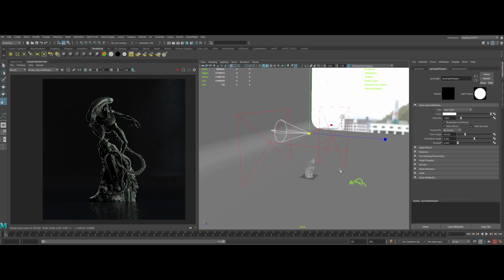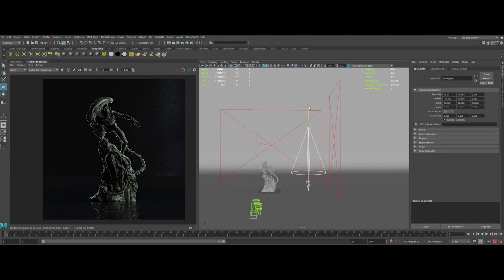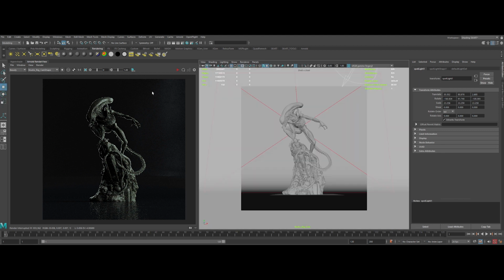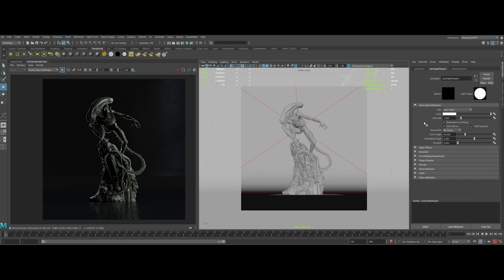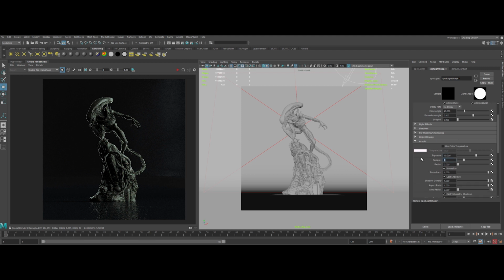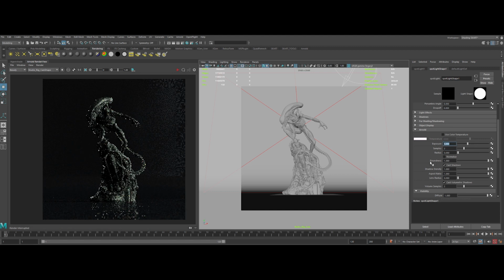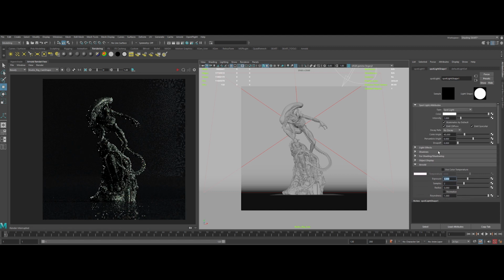So first off, let's create a Maya spotlight. We can now scale it, rotate it and put it in place. For the setup of it, go in the Spotlight Shape tab and under the Arnold tab, increase the exposure to 10 and the sample to 2. Unflag the normalize flag. Okay then, let's lower the exposure to 3 and add a decay rate. Let's choose quadratic to simulate a more realistic light.